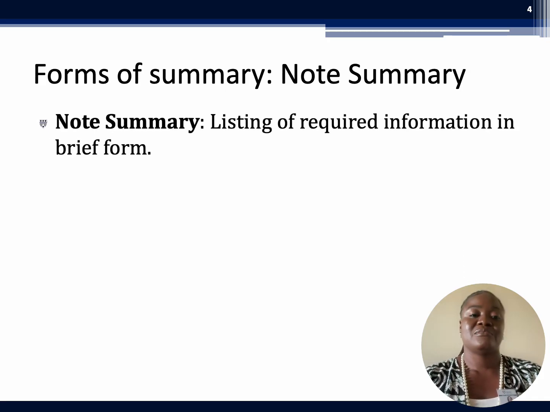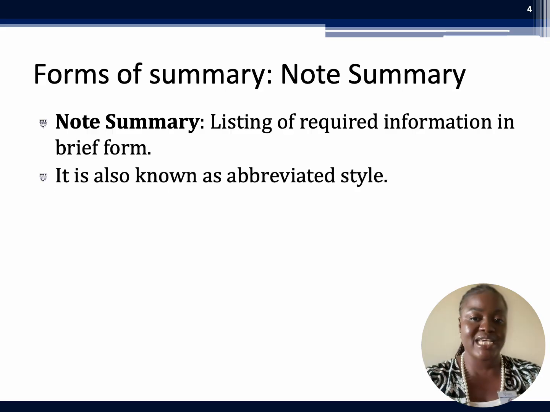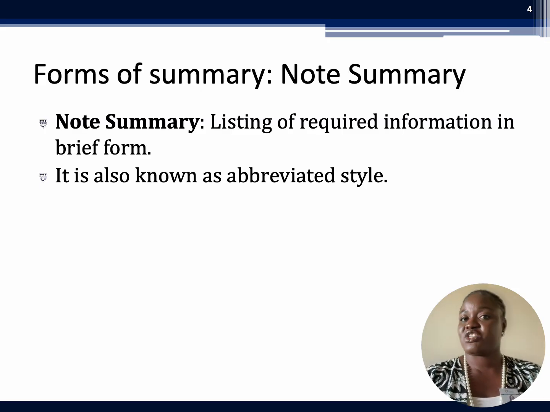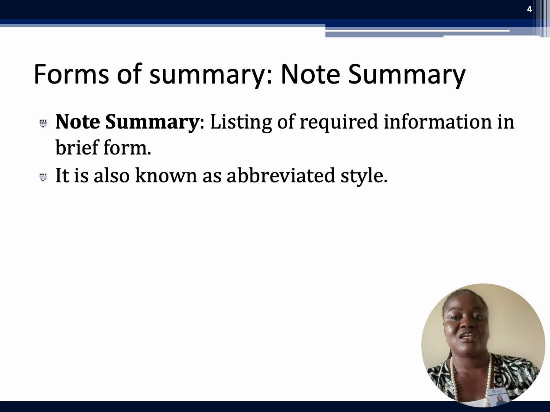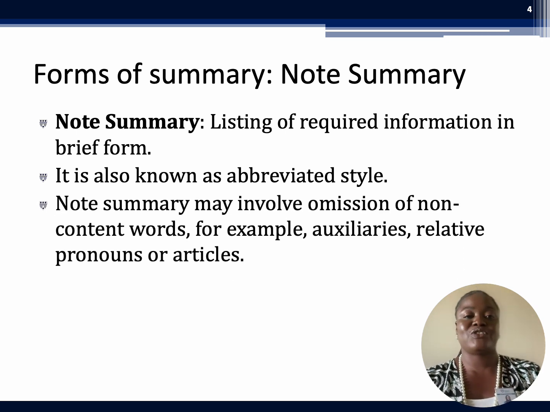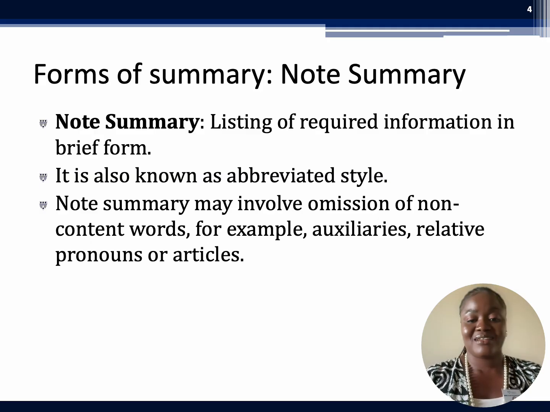We have the note summary. Now, the note summary is the most condensed form, and it's useful for quick reference and for study purposes. You eliminate function words such as articles, auxiliary verbs, relative pronouns. You take them out when you're doing your note summary. You know the way you can say it is of the utmost importance. You just write is of utmost importance. You remove the article there because you can still get the